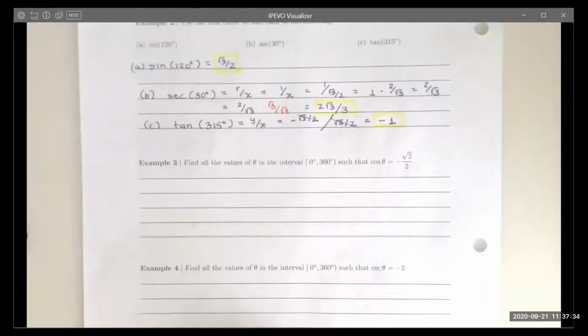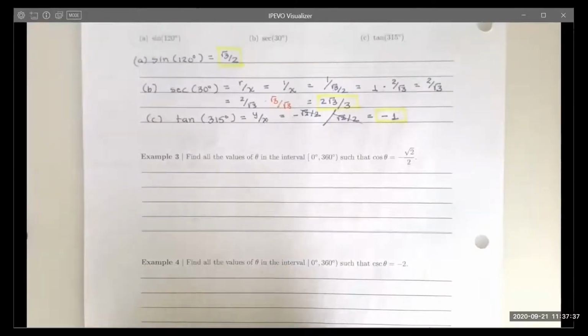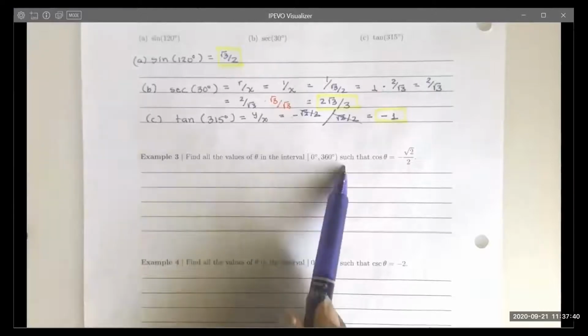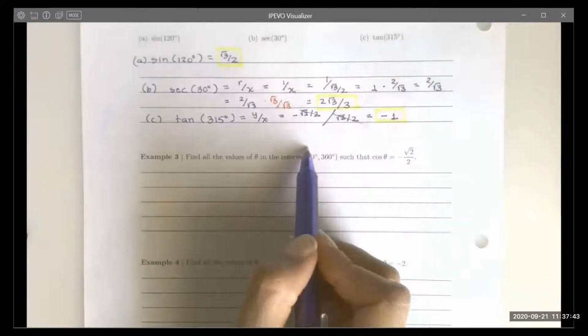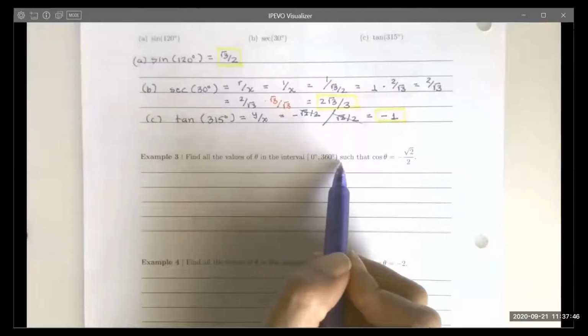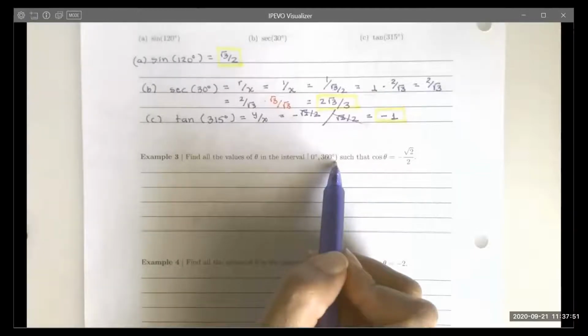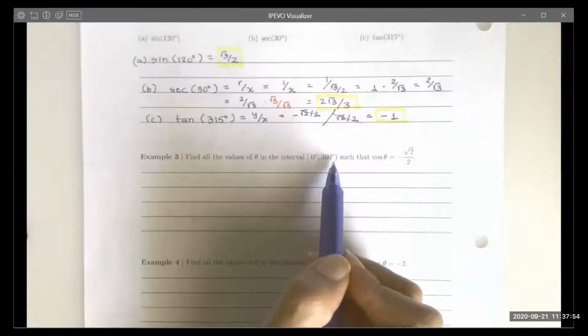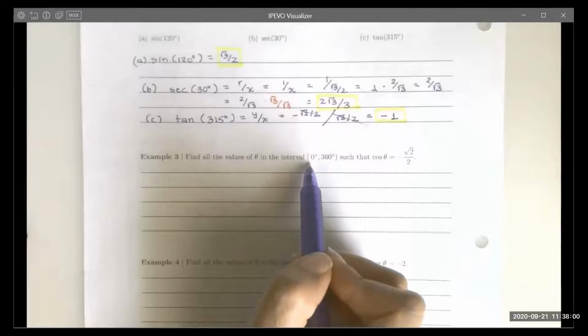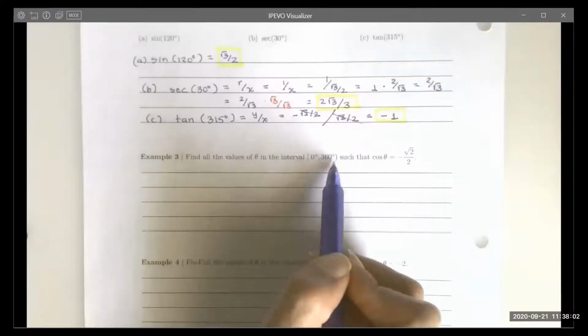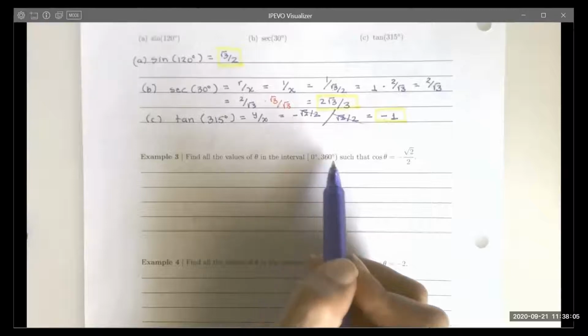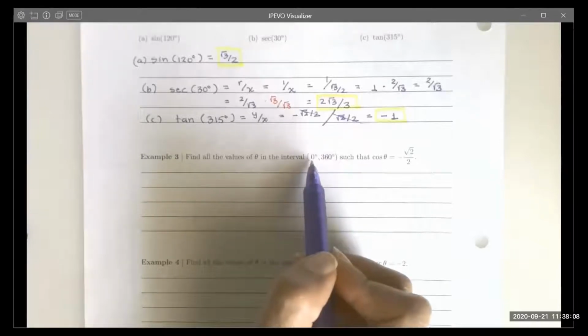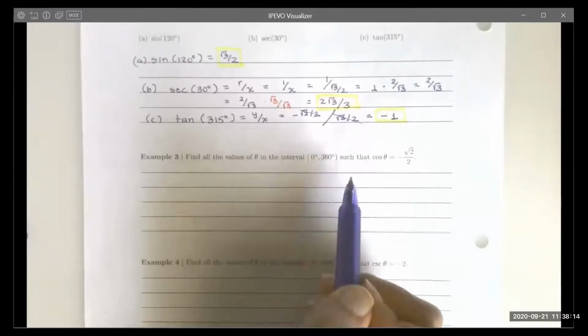Okay. Example number 3. Find all of the values theta in the interval 0 to 360. Let me talk a little bit about this notation before I continue. Here we see bracket and parenthesis. These bracket and parenthesis mean the same thing that they did in Math 130 or Math 140 or even Math 110. In algebra, we saw that a bracket means it includes this endpoint, and the parenthesis means that it excludes the endpoint. Okay, so we're saying in the interval from 0 to 360, including the 0, excluding the 360, find